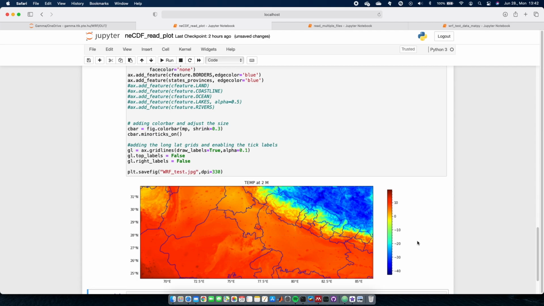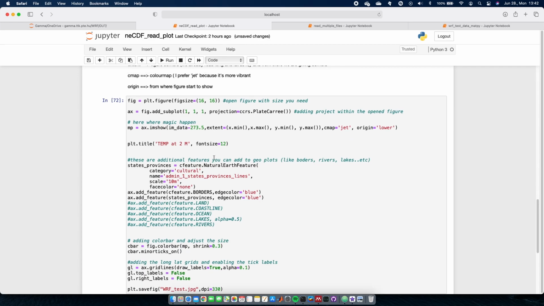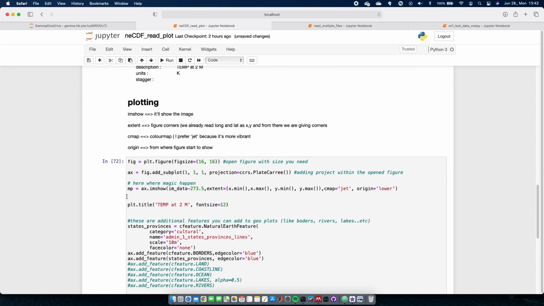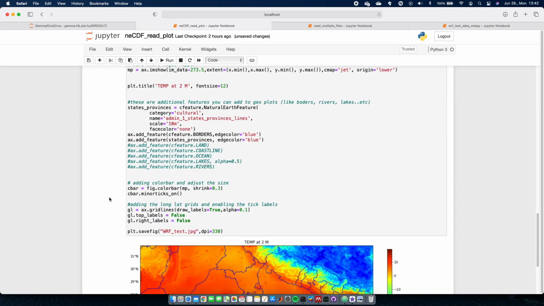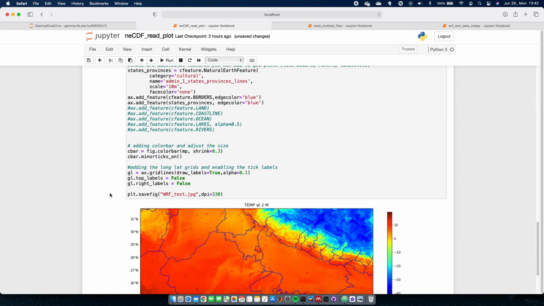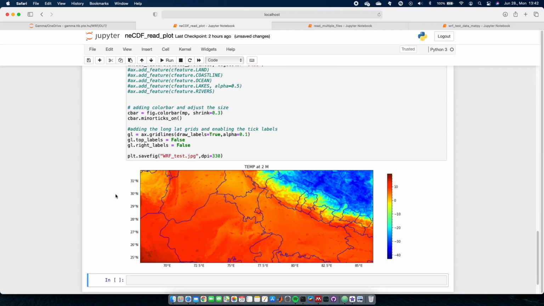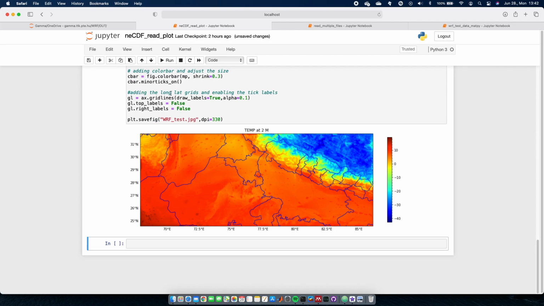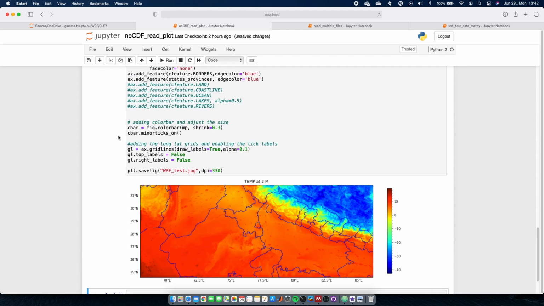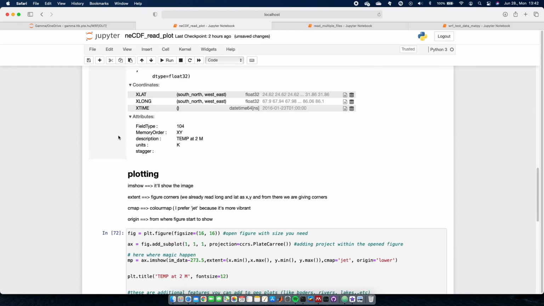So this is a very simple script. This script looks big, but it's not actually. If you extract the commands I used, it's maybe very few lines, and you can use this file for several applications. You can modify it according to your need, and I will upload this file in my description. You can download it from GitHub directly. I will put it in that.